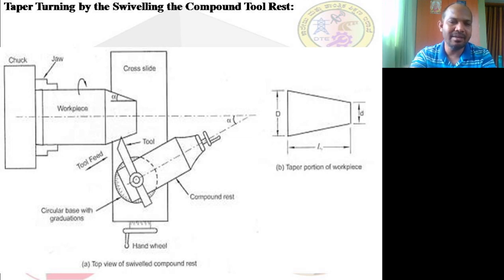The compound rest is tilted. That is what we call the swiveling the compound rest method. We will fix it over here. Then the handle will be moved for the cross slide, so that it keeps moving into the material. It is the same as the turning operation, how we feed it, right? The same way, only thing is we will tilt it. Then we will keep giving the feedings. The feed or depth of cut will be given like this, so that the material will be removed as usual. Whatever the diameter is there, the smaller d, that is the minimum diameter in a tapered surface diameter.